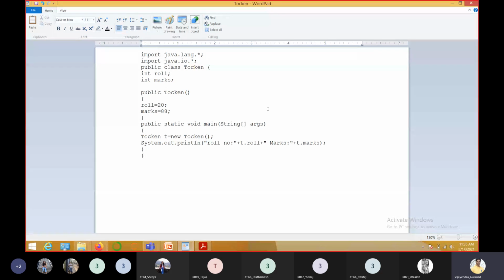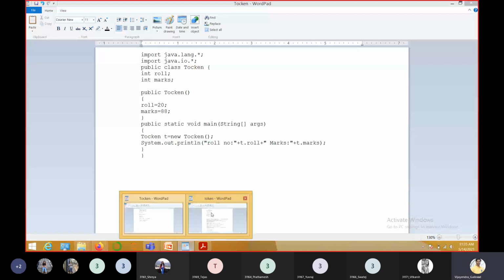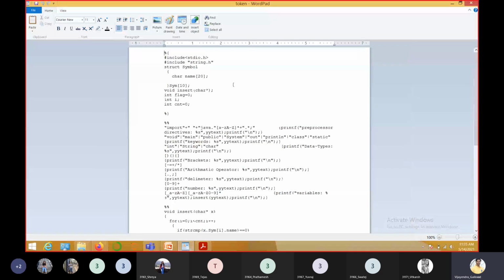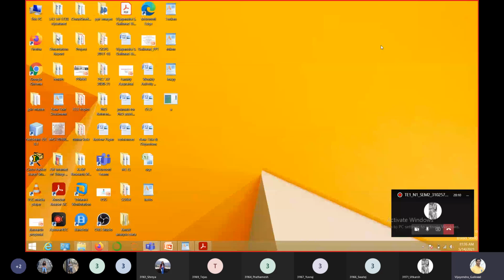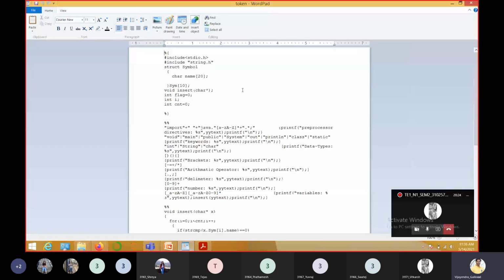Now let us come to our main program, that is the .l file. So if you can see here, just a moment. Yeah, here I have created a token.l file, if you can see, right? So this is a file of type .l, right? So what we are doing here is